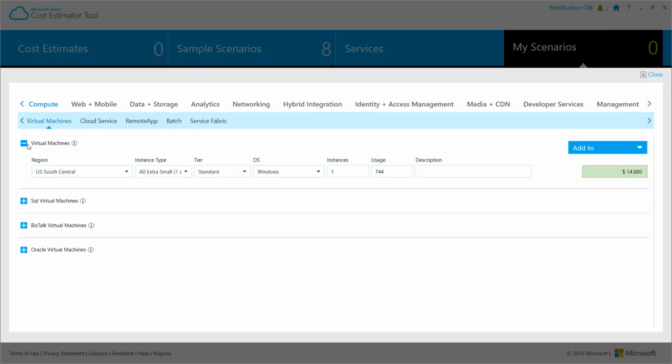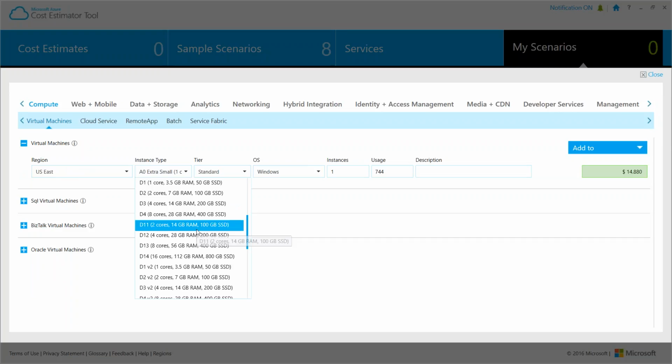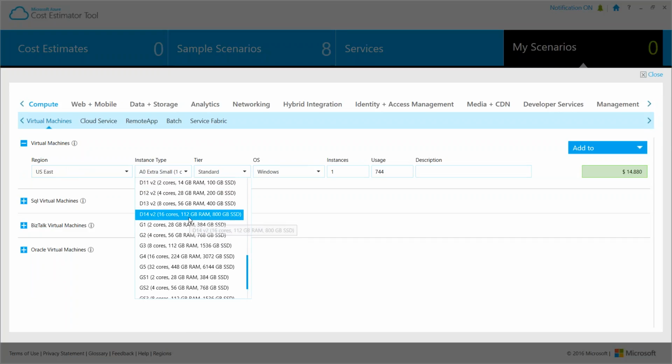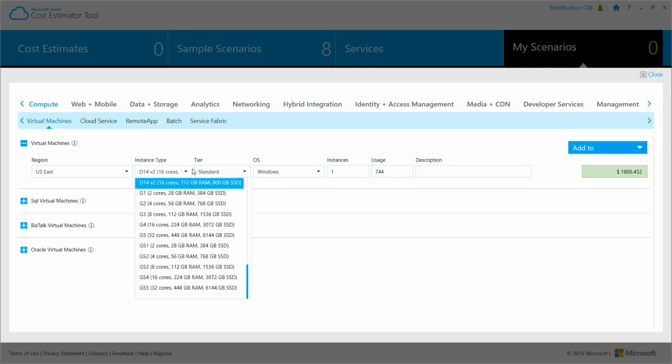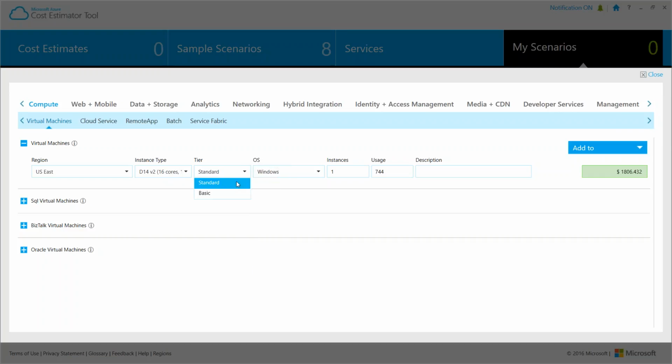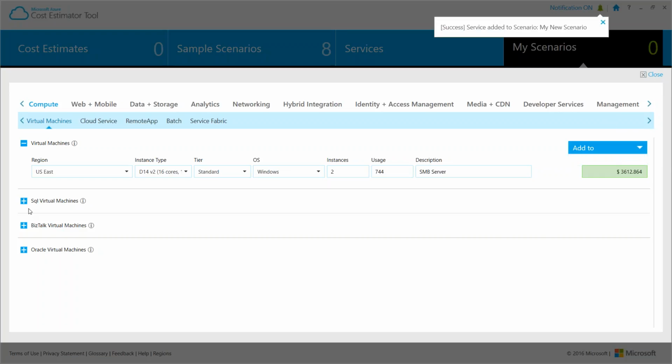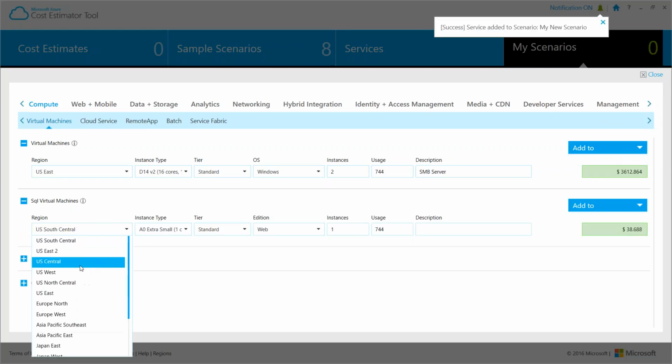Let's take a look at some of these VMs. US East. There are a number of options in here. Let's choose this one. This is a 16-core, 112 gigabyte RAM, 800 gig SSD. Standard or basic. Do 2 instances. Call this SMB server. Add 2. SQL Server, Central.